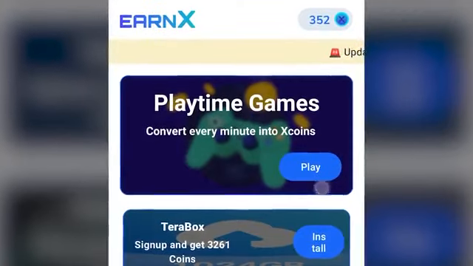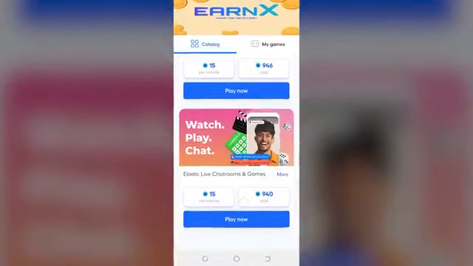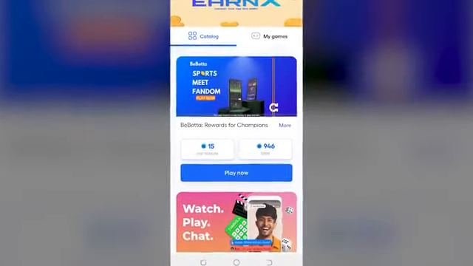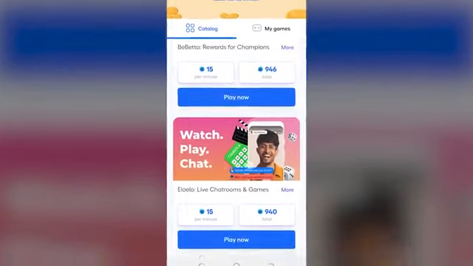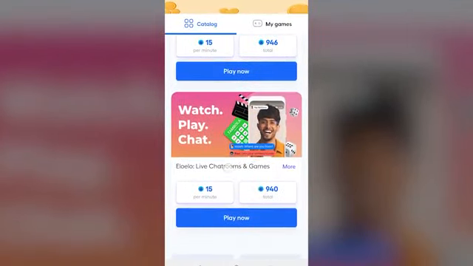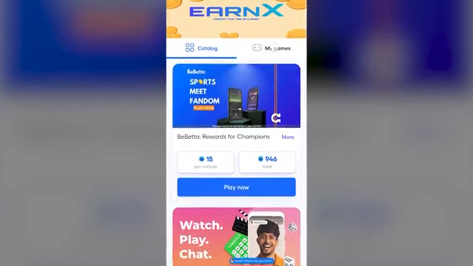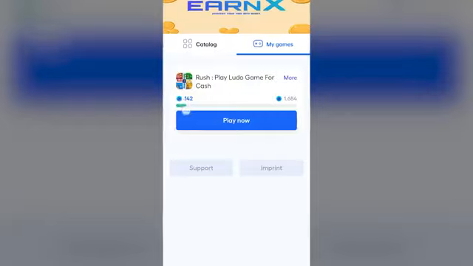And now, if I go to Playtime Games again, you can see that the Ludo game offer is no longer available for me because I already joined the offer and it's in progress for me. And now there is some new offer in its place. If I show you my game section right here, you can see that the Ludo game app offer is in